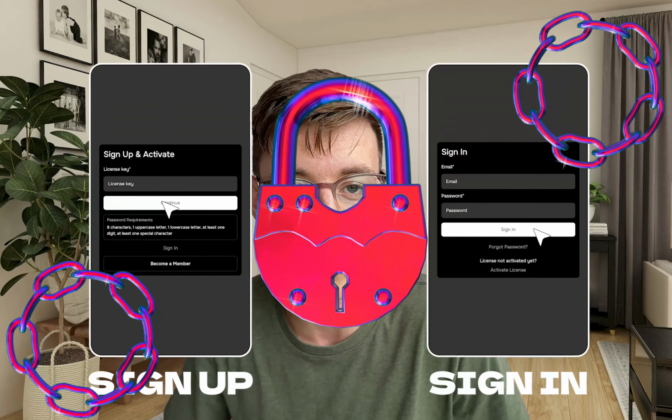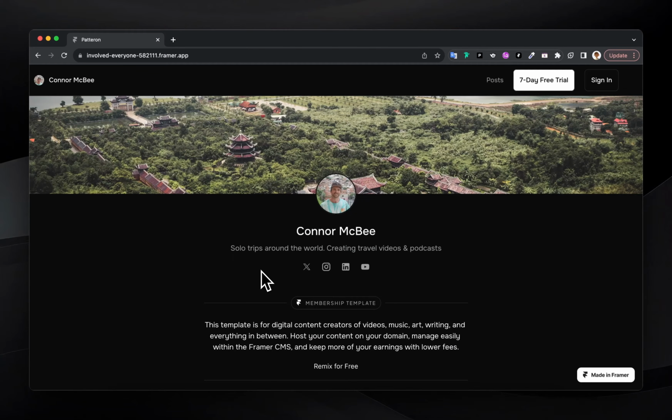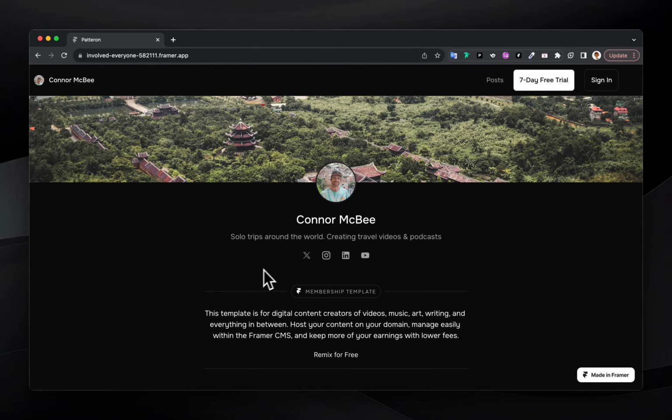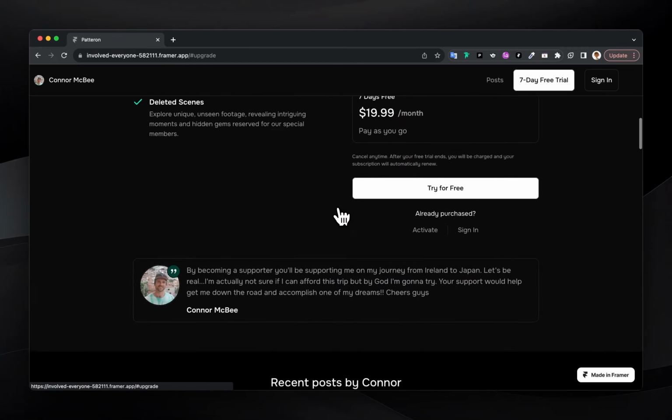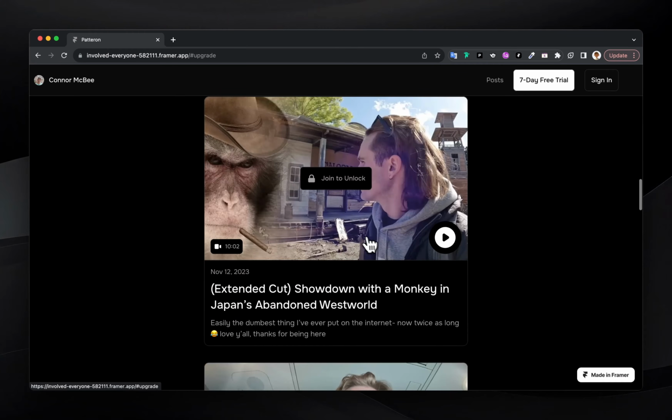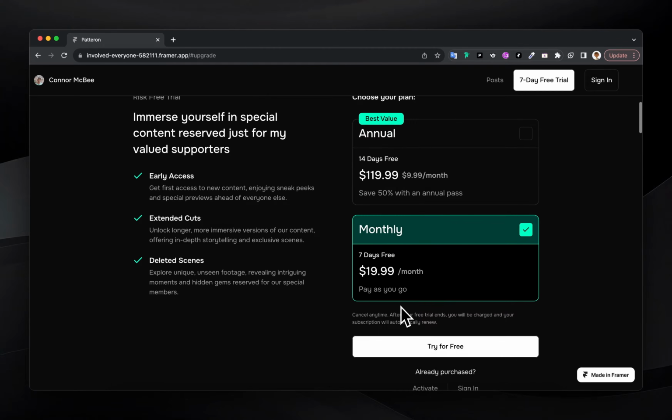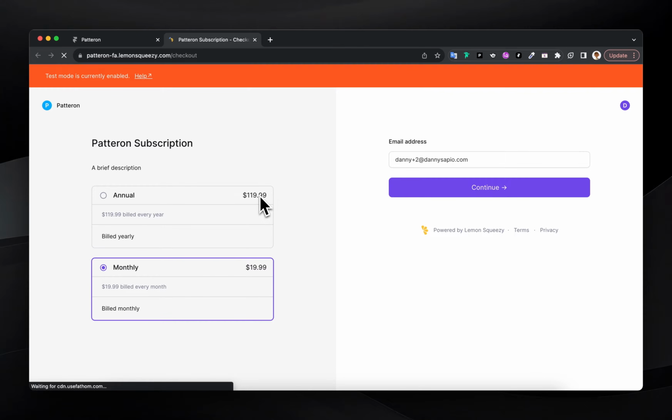Without further ado, let's go ahead and get right into it. Today we'll be creating a member-only website inside of Framer. This is a recreation of Patreon that asks users to become a supporter before being able to access the member-only content. If the user goes and in this case signs up for a free trial,